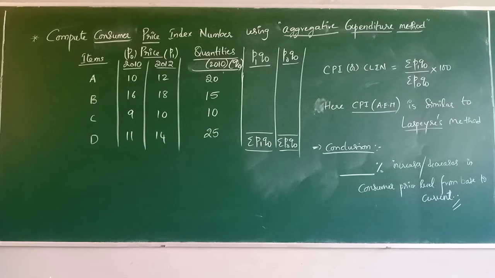Step number 1, purpose and scope. For what purpose you are calculating this cost of living should be very well defined. And from which area you are collecting it should also be known. If you know the purpose, you will come to know how the items are to be selected and how the price quotations are to be obtained. So everything is known well in advance for further calculations. That is the first step, purpose and scope.